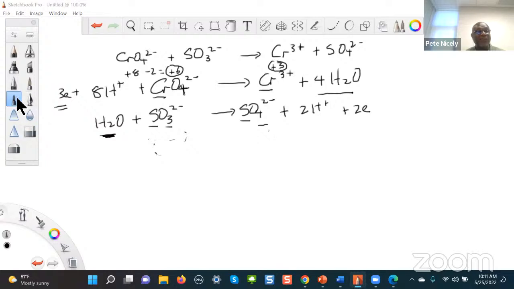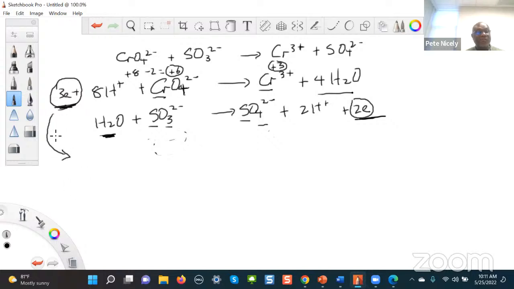As it is right now, we have 3 electrons here on the left of the first equation, and we have 2 electrons here on the right of the second equation. So the question now becomes, how can we ensure that the number of electrons lost is equal to the number of electrons gained? And in this case, the answer is that we need to multiply this equation here